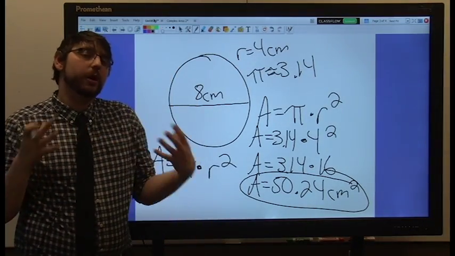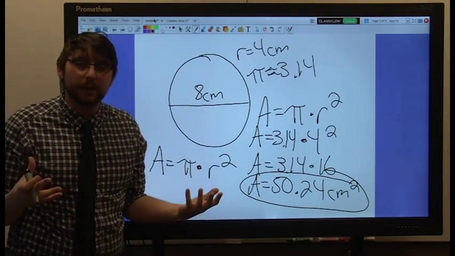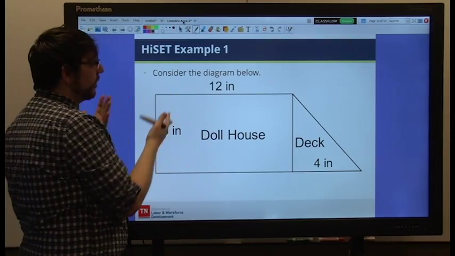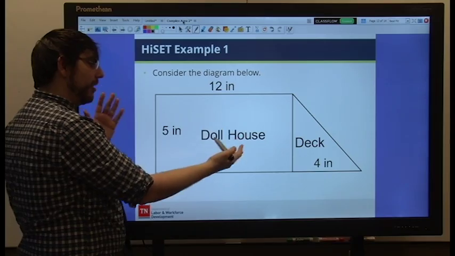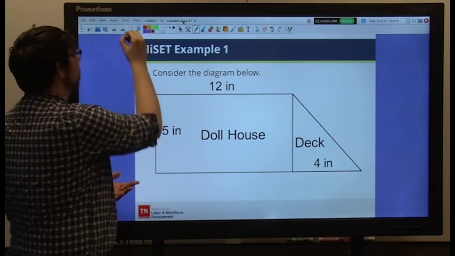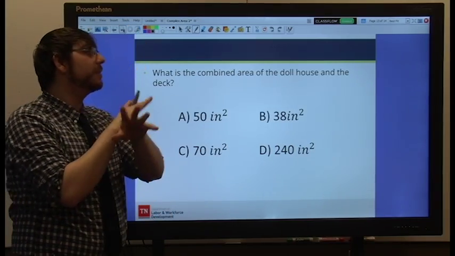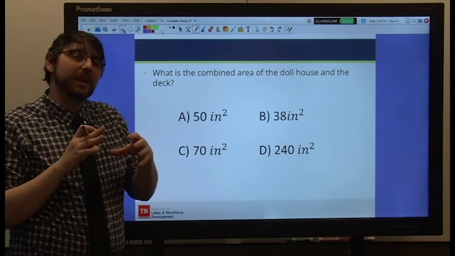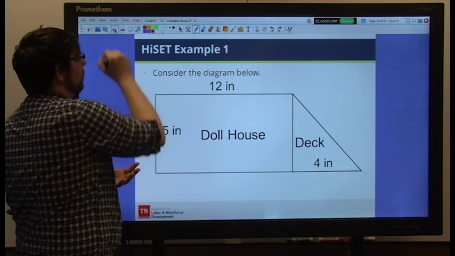So all this stuff is great to know, but what exactly will you be seeing on the HiSET test? You could see something similar to this. Consider the diagram below, and they give you a diagram of a dollhouse and a deck. And then the actual question asks, what is the combined area of the dollhouse and the deck? This is simply asking you to find the area of the total shape, which in this case is a rectangle